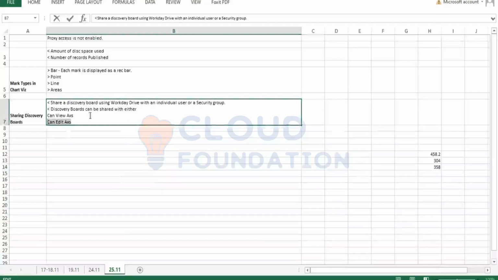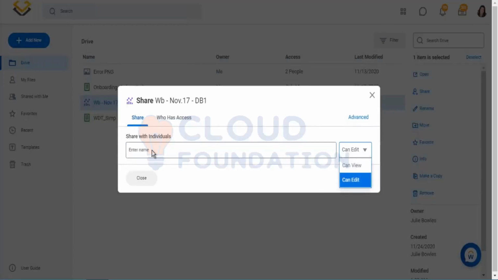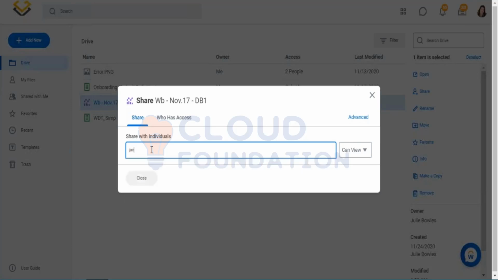The can edit person has the flexibility to edit the discovery boards, right? And view is nothing but just running it. Correct. So when I'm selecting the option can view and sharing it with, for example, Jacqueline,